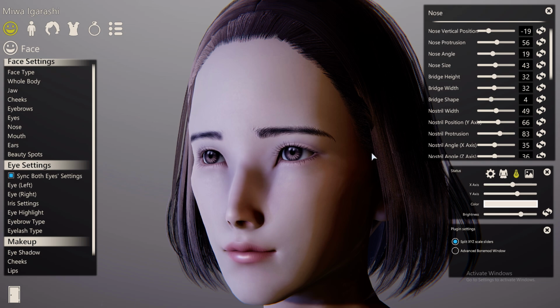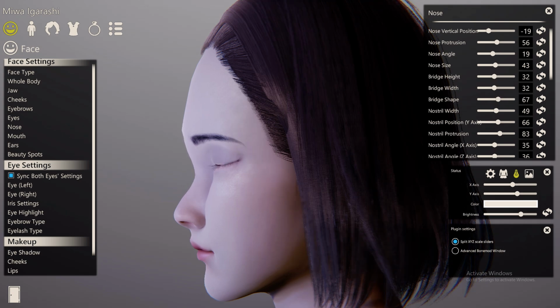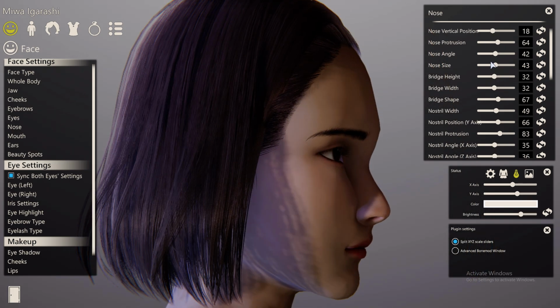Bridge. Perhaps it was bridge shape. Yeah. I think it was bridge shape. Why? I hate the nose. I hate the nose. Okay. Bridge height. I kind of want that deeper, but I want the